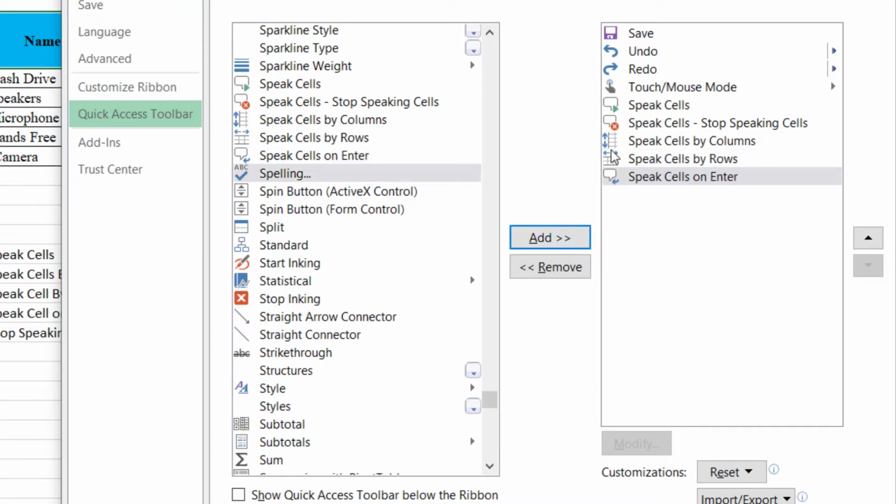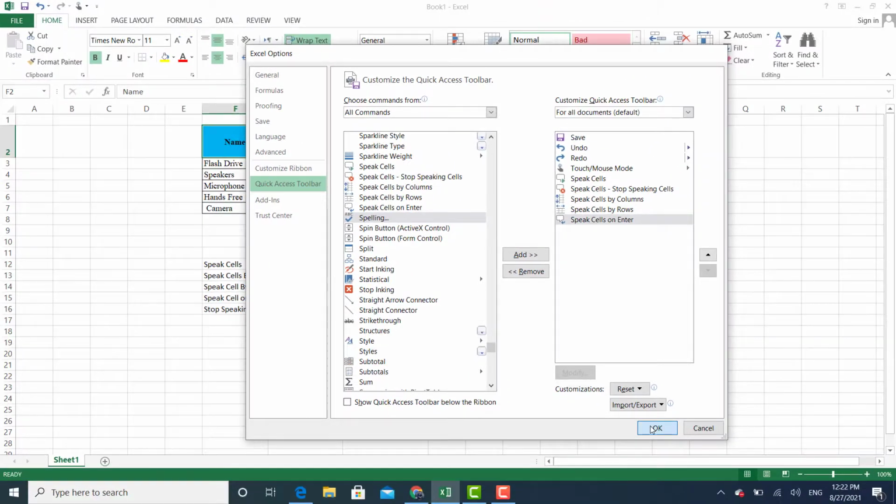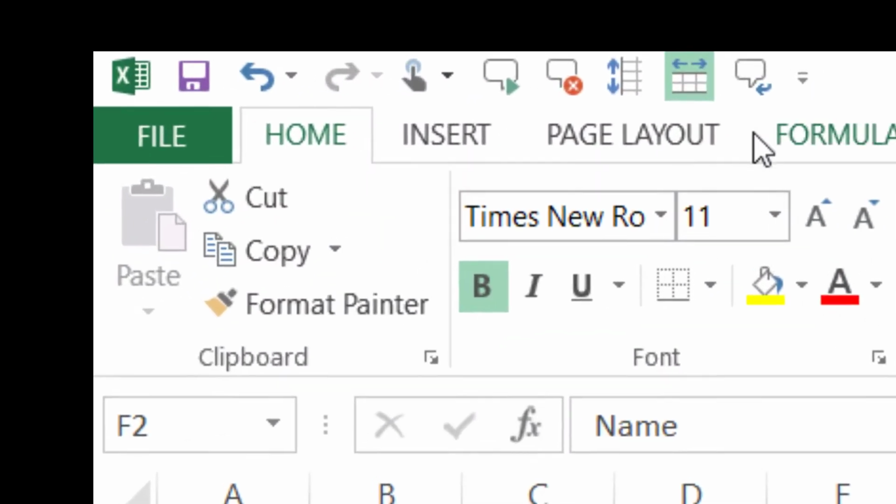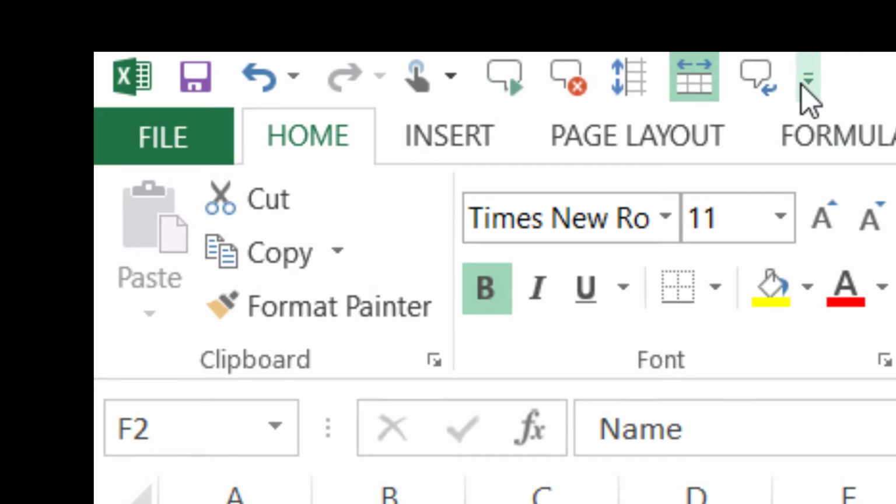These 5 options have been added to the Quick Access Toolbar. I am pressing OK. Now you can see that these 5 options are there.